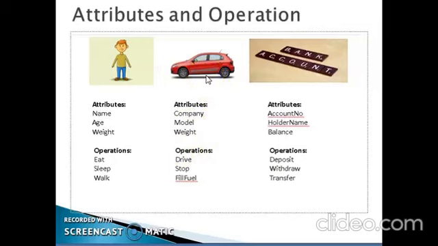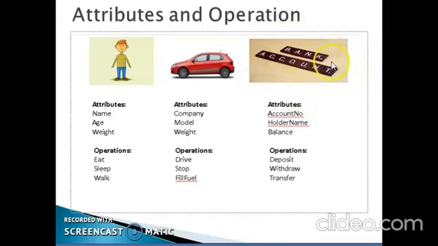Okay? Similarly, consider a bank account as the class. If I open an account in SBI Bank and the bank gives me an account number 101, this specific account bearing the account number 101 is an object of the class bank account.